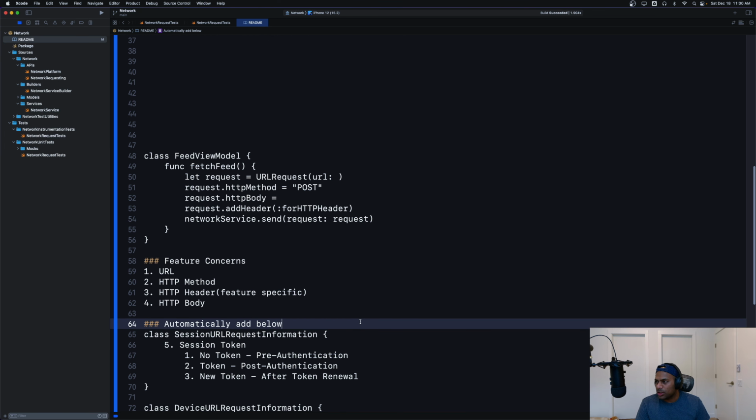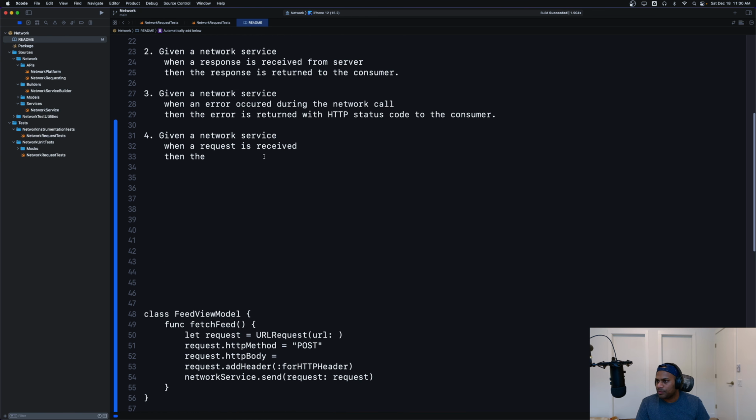I wanted to name this process something. What do we call it? I don't know. Then the request, I'm going to call it canonicalizing this request. Or instead of calling it a technical term, why don't we just use a simple English word? When a request is received, then